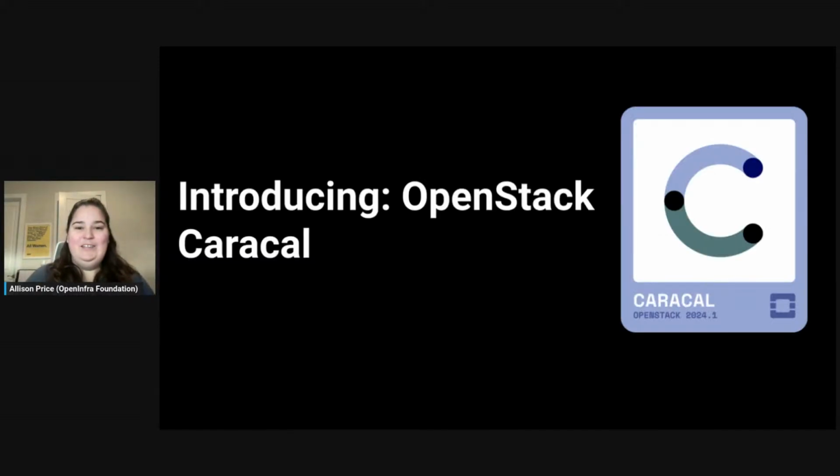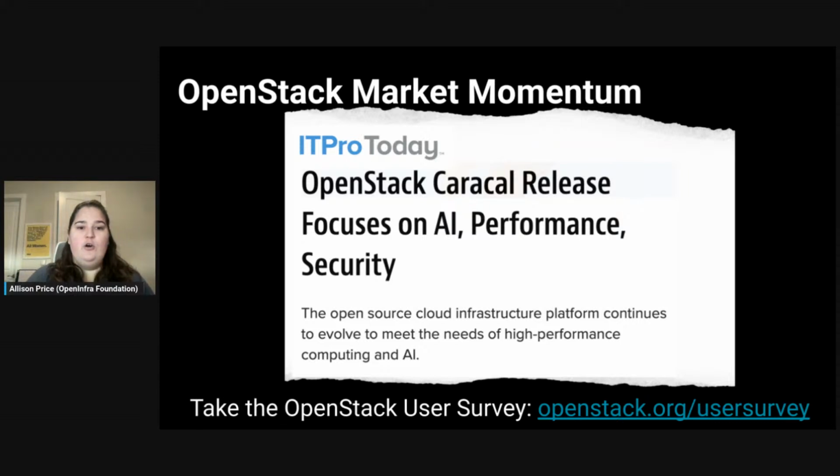So yes, today we're introducing Caracal. It's a really exciting time, and I couldn't be more proud of the community. Before we get started, I wanted to talk about why I think this release is coming at a really opportune time. We are seeing a lot of OpenStack momentum right now, which for me is really exciting, as I've been working with the OpenStack community for over 10 years, and it's awesome to see the OpenStack community, from a development perspective, deliver features that users are eagerly needing to run new